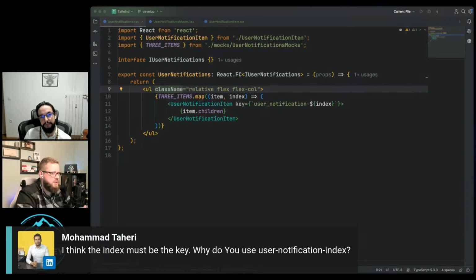The point is you need to be as distinct as possible, as precise as possible when it comes to the keys. Because if you just use index, it can be 0. If you use it in every component, you have duplicates of the key 0. And this can lead to severe re-rendering problems in your app, which basically violates the least astonishment principle, because you don't know what happens. It's actually the fate of your app. The problem is it's still working.